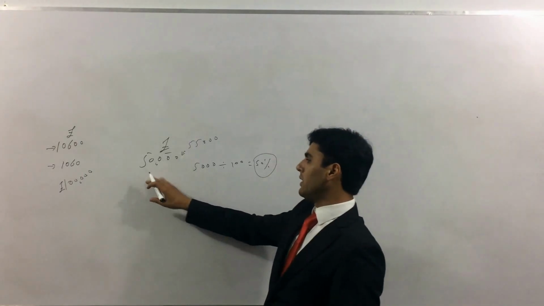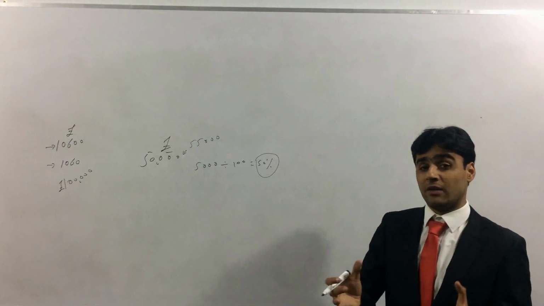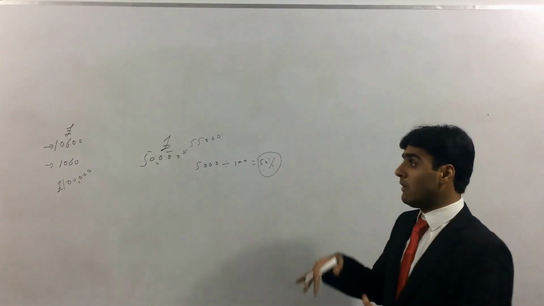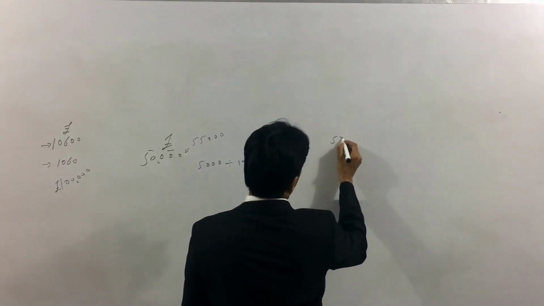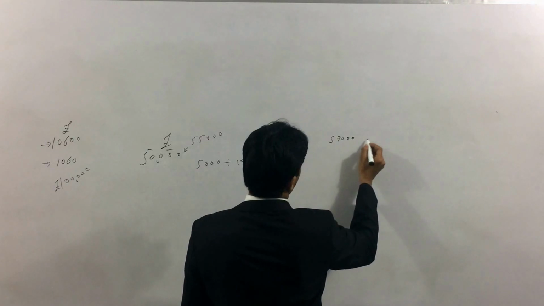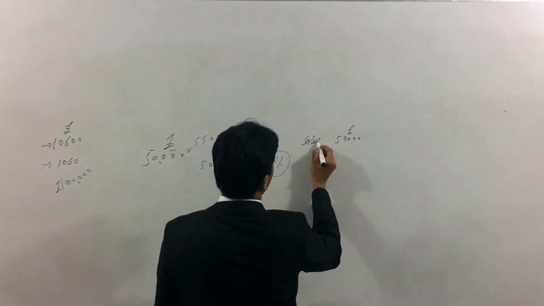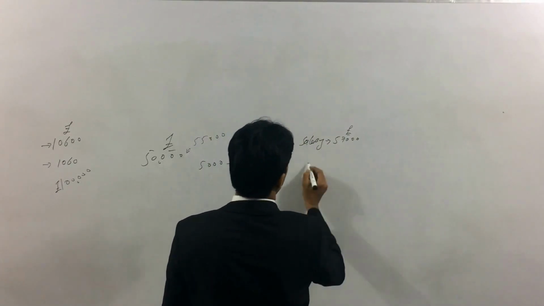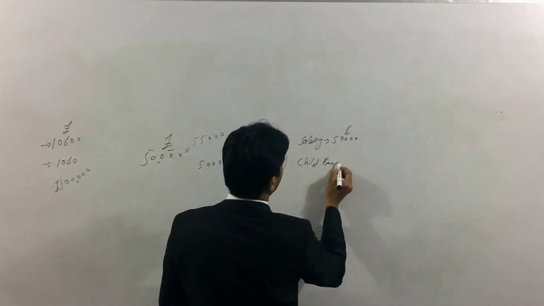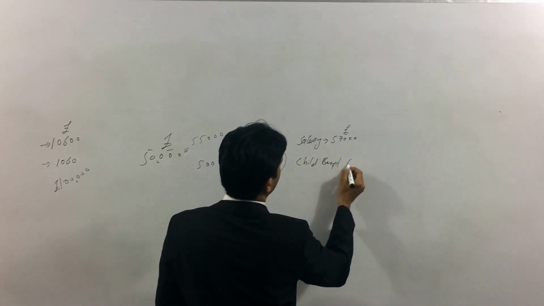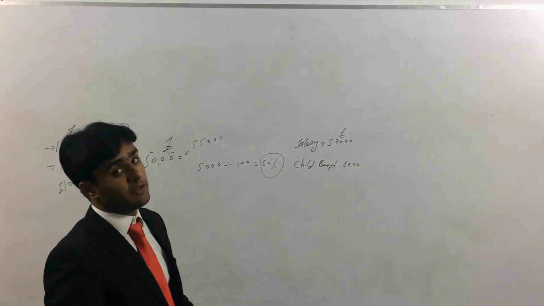50% of this earning, or 50% of this, or what? 50% of child benefit. So say for example, I will put a question. If an individual has earnings of £57,000, that is their salary, and they are still getting the child benefit, and the amount of child benefit they are getting is £6,000. Please tell me how much will be the child benefit charge.